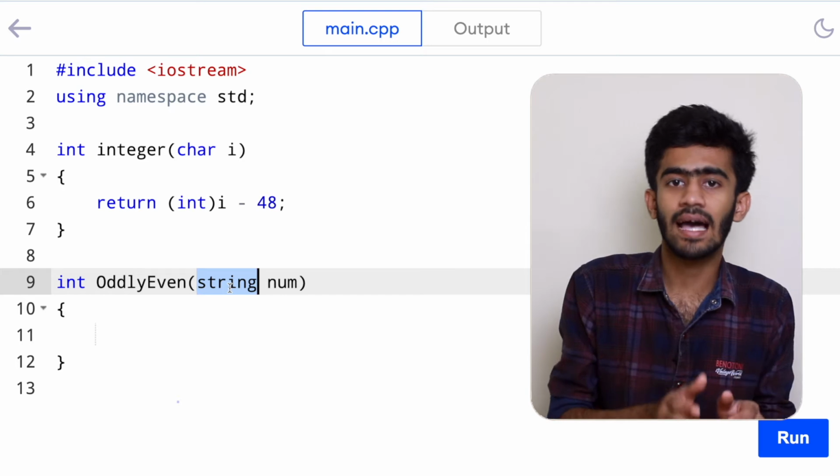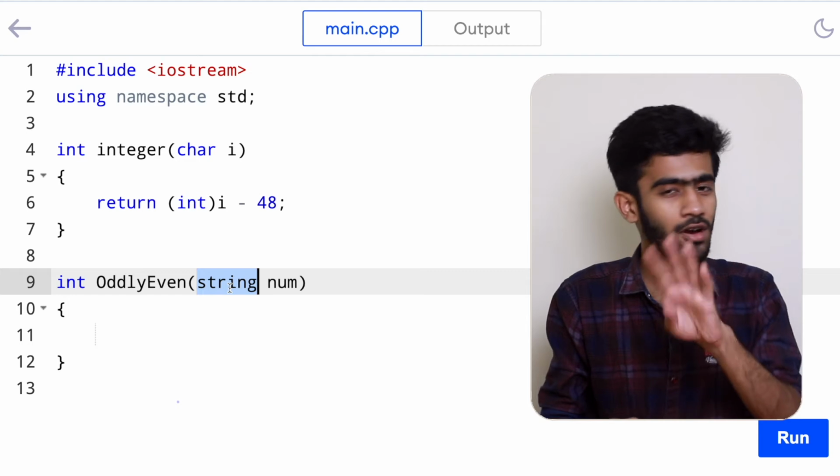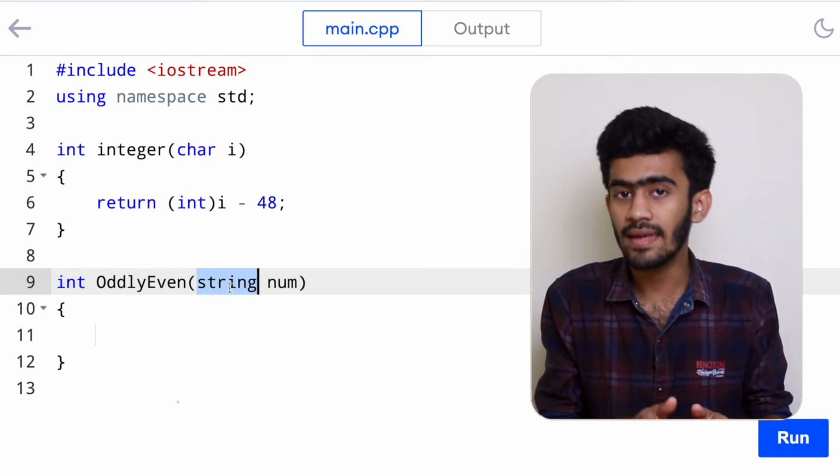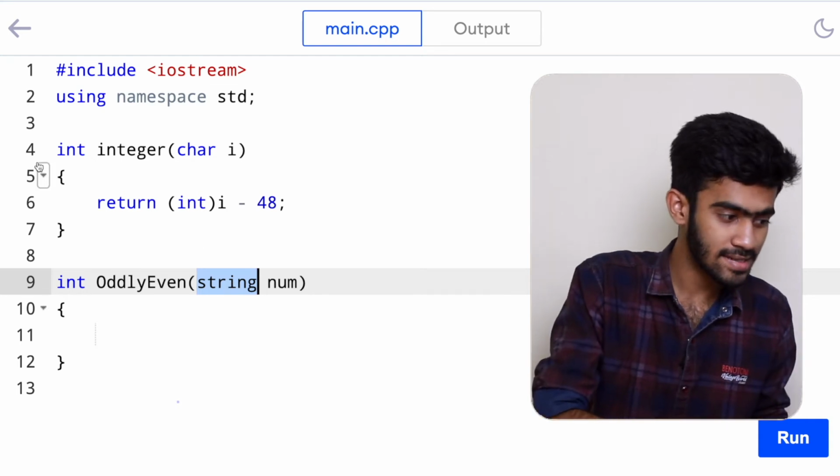For that, we are using this user defined function integerof. It takes in the character as input and returns the number. So if we pass in the character 5, it will return integer 5. So using this integer function, we would convert each character into its respective number. The logic that we are using is converting this character into its ASCII value by using the int of function. So I'm subtracting 48 from it in order to get the real value, that is the integer value of that character. So that is this integer function.